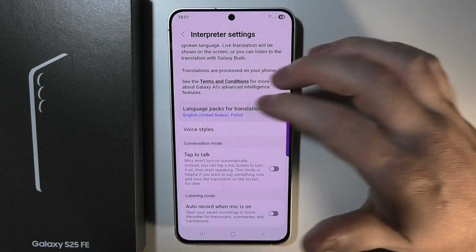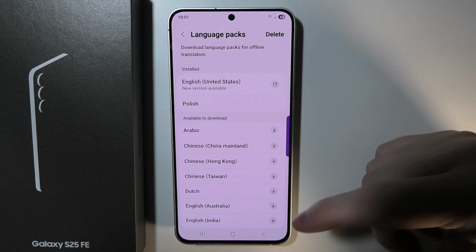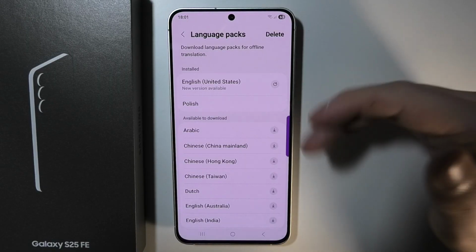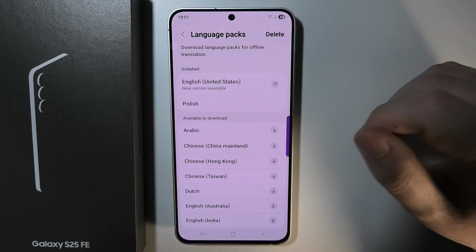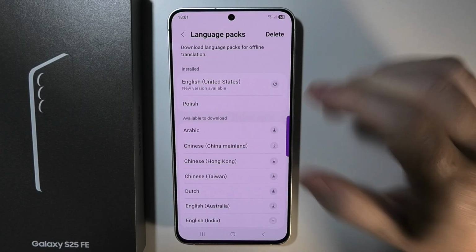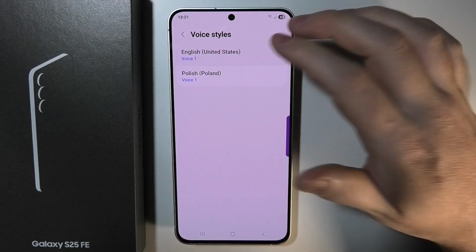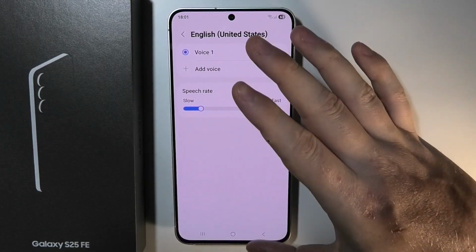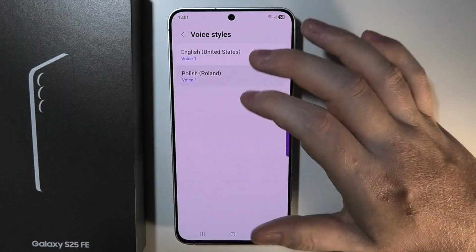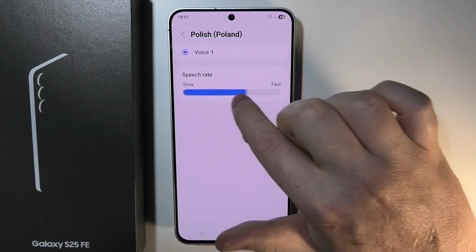Then next step is to click on the interpreter right here, and you can adjust the settings. For example, language packs for translation. I recommend to pre-download the languages that you want to use. So for example, if you're about to travel to Italy, Poland, or whatever country you like, make sure to download that language package so you have it in your backup. Then there's the voice styles. You can change the voice style for each language. If you want to add additional ones, keep in mind that they will also need to be downloaded. You can also switch the speech rate if you want a slower